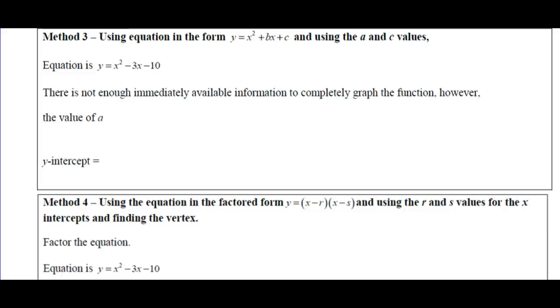Using the equation in the form y equals x squared plus bx plus c and using the a and c values, there's not enough immediately available information to completely graph the function. However, the value of a, what are we going to say about the value of a? What's a? What number do you see here in front of the x squared? What number don't you see, but we know what the number is, right? It's number 1. So the value of a is positive 1. What does that mean? You have a quadratic that has a leading coefficient of positive 1. That means